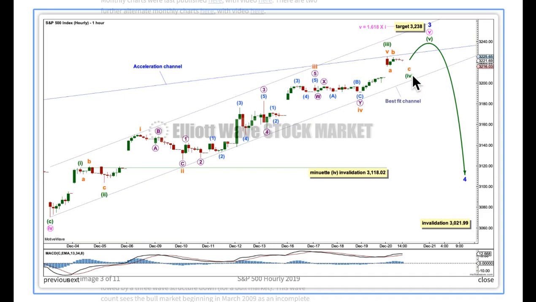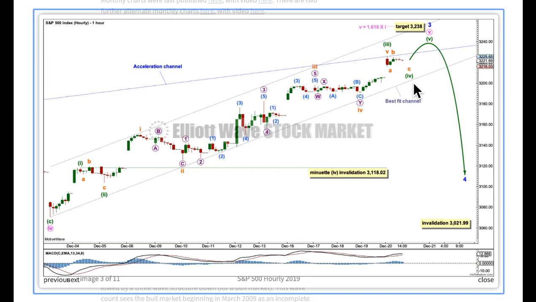Within Minute 4, Sub-Minute C may move slightly below the end of Sub-Minute A to test support at this gap before moving up and away, and to avoid a truncation. Minute 4 may unfold as a little zigzag counterpart to a possible flat correction for Minute wave 2. That would give perfect alternation. They both may show up at the daily chart level as 1, 2 or 3 small doji or little red